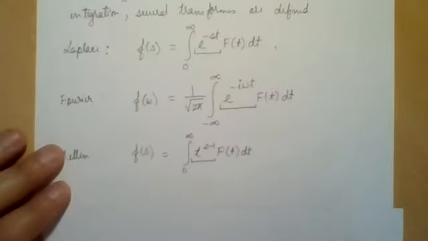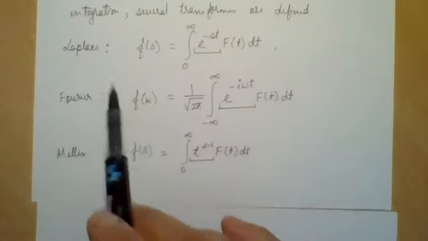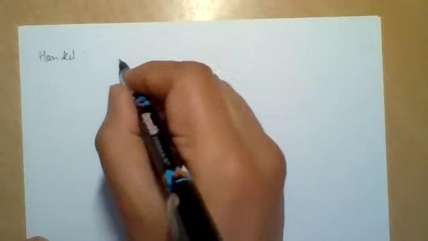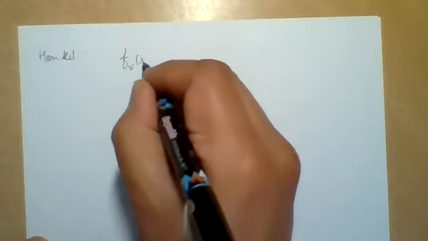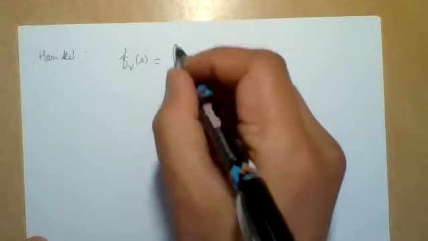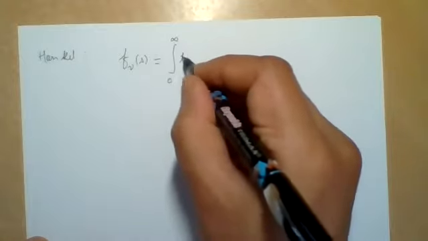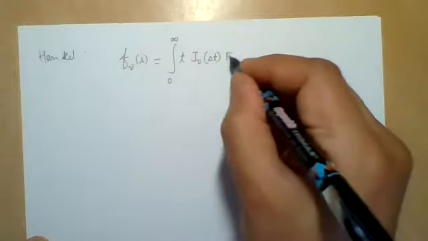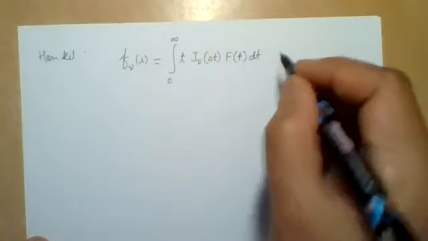So we have three different integral transforms: Laplace transform, Fourier transform, Mellin transform, and then we can also mention one more transform, and that transform is called Hankel transform. It is H-A-N-K-E-L, Hankel transform, and it is something like this: F nu of s is equal to the integral from 0 to infinity of t times J nu of s t, f of t dt, where